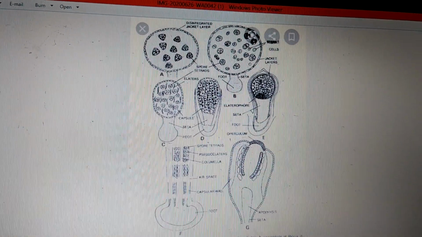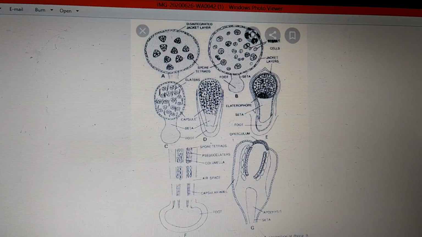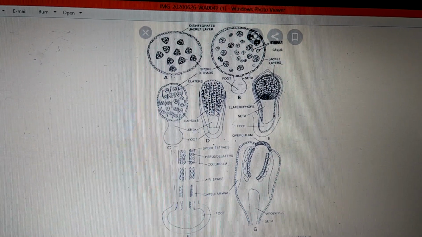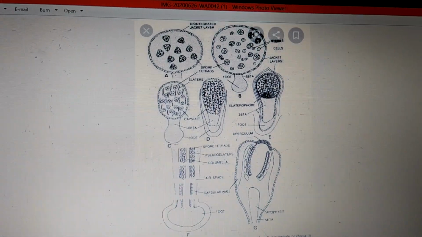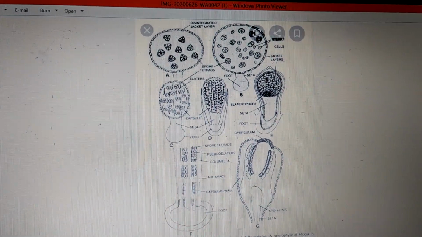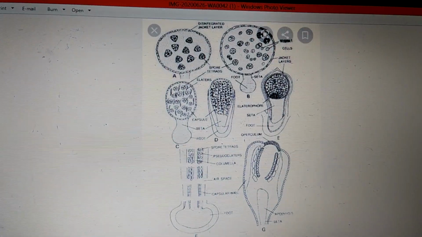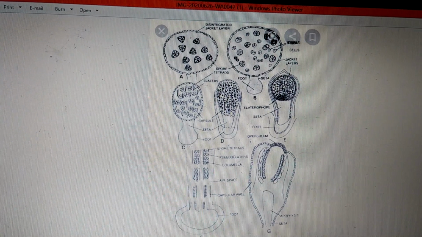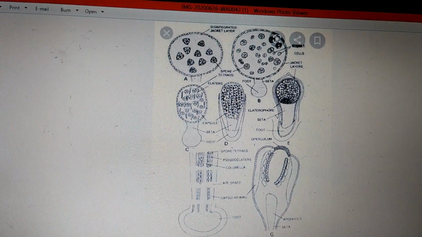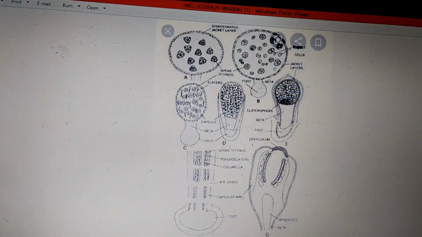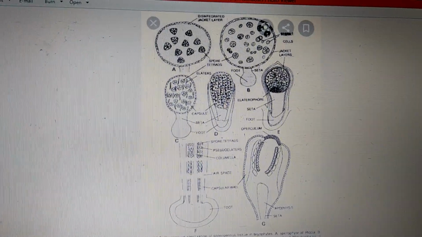So the Corsinia sporophyte has a bulbous foot. It has a bulbous foot, narrow seta, and a globous capsule. So if you are going to draw the picture of the Corsinia sporophyte, better you note it down. The explanation for it will be: sporophyte has a bulbous foot, narrow seta, and a globous capsule. Seta was not developed yet. Here also there is no seta. In the next example, that is Corsinia, again there is no seta.